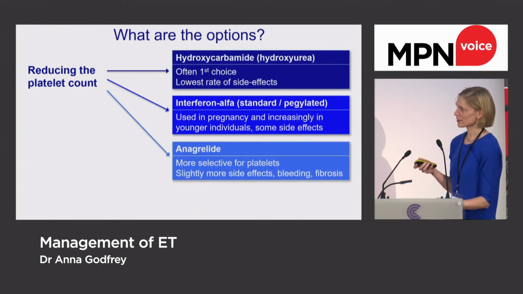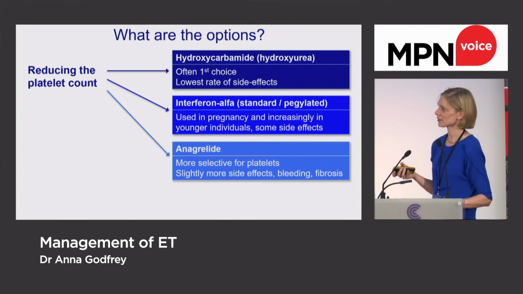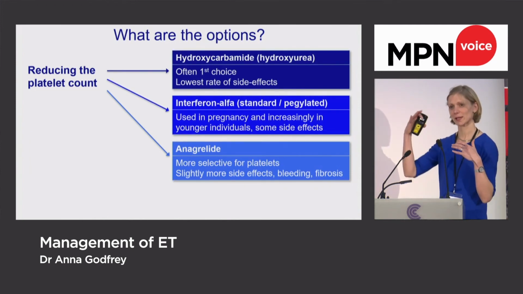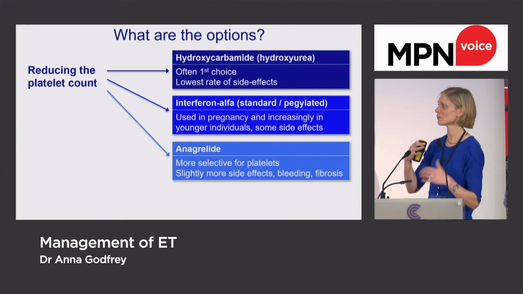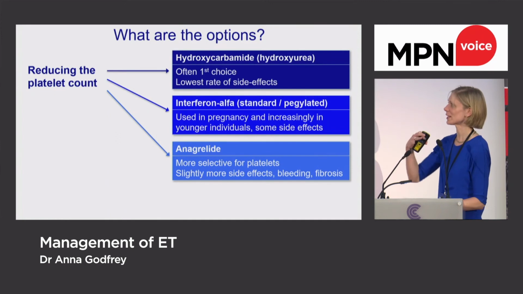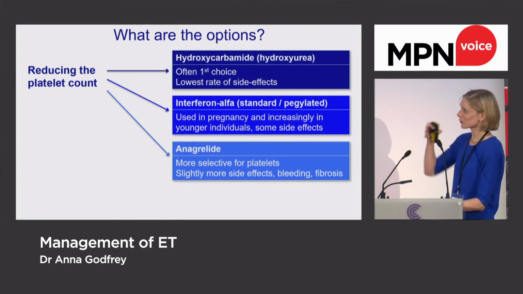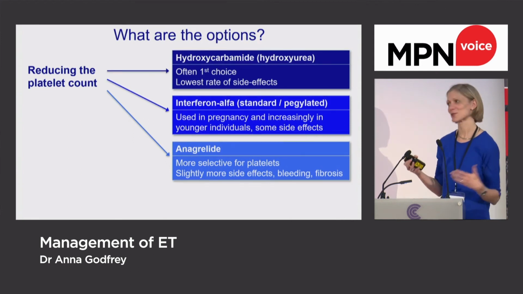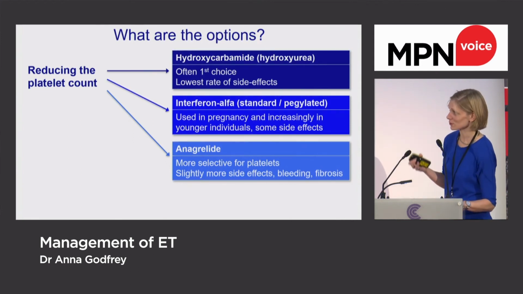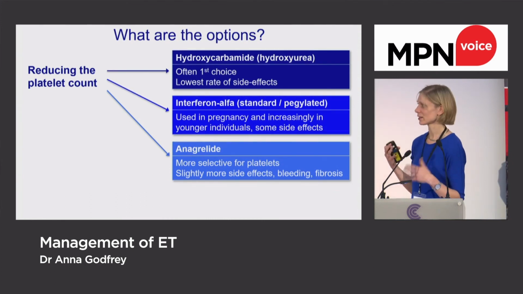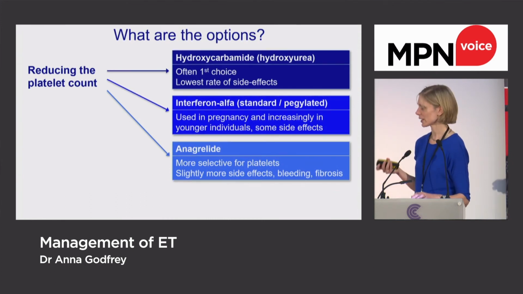What about anagrelide? So as I've said, we tend to use that second line. It's a drug that's more selective for platelets. So if you're struggling with your blood counts being suppressed by hydroxycarbamide, it can be helpful because it tends to, on average, just bring the platelet count down. On average, it has slightly more side effects than hydroxycarbamide, but again, every individual is different and will get different side effects or none at all. And on average, again, it has a slightly higher rate of bleeding and fibrosis,